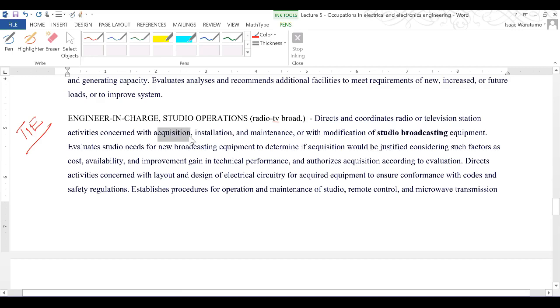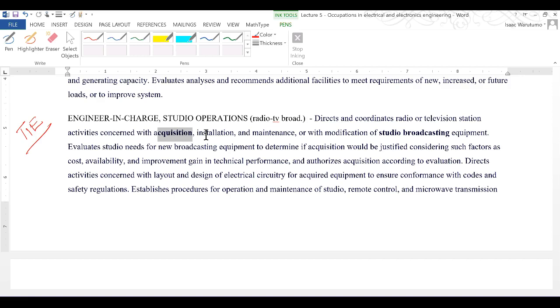The engineers need to know which equipment is required to reach the regions that the TV broadcaster or radio broadcasting station requires to reach. Some regions might be mountainous, others might be hilly or plateau regions, and some of these regions might require different kinds of equipment that depend on the terrain. Therefore, that kind of acquisition and installation requires a specialist engineer so that they can choose and design